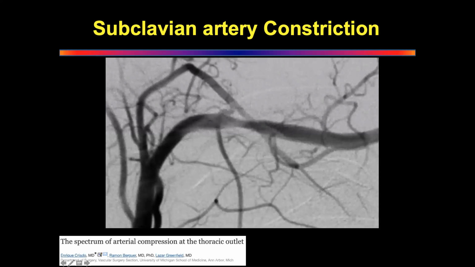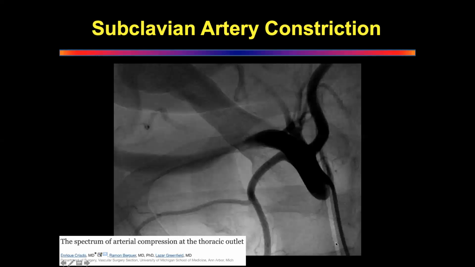Can you see the constriction here? You will be given this shot in the exam. Okay, sometimes we keep this in the exam and we give it to you and say, read this thing. Can you read this, Nikhil? So this is a subclavian angiography showing the gradual tapering cutoff at the